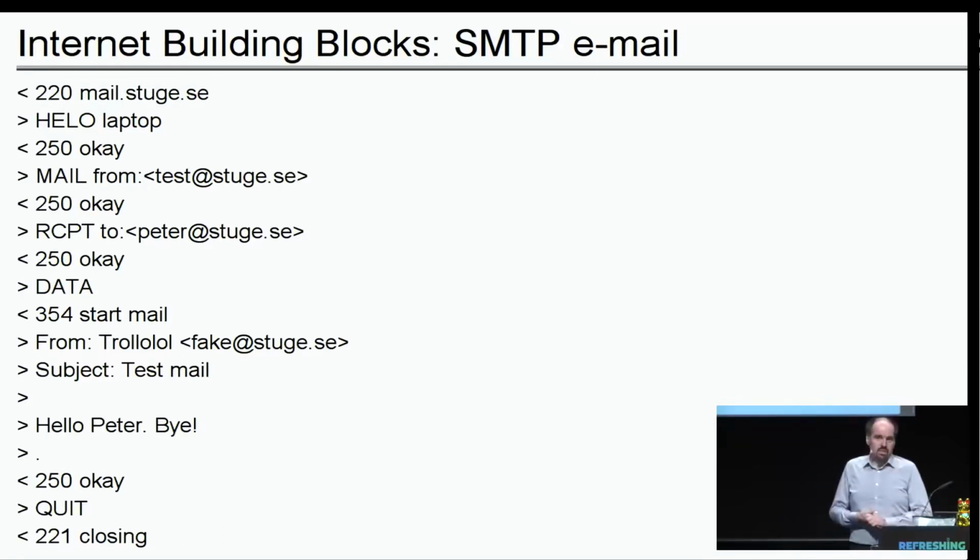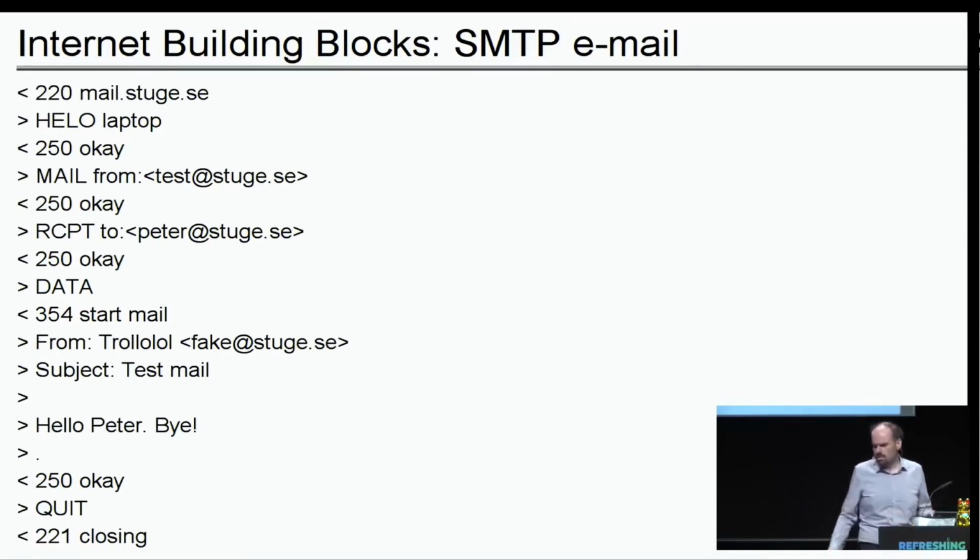Server accepts the sender, even though the sender might not even exist. I tell it, recipient, this is for me, mail for me. Server says okay. Then I say, here's the data for this email, and the server says, go on, start sending me the contents. And then I send an email where the sender is trollolololol and just some fake sender address,